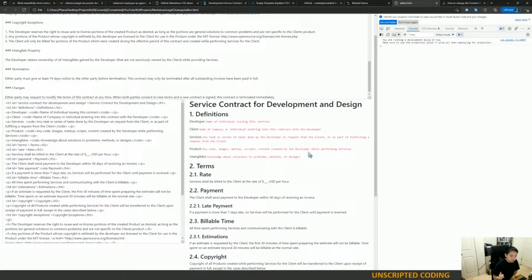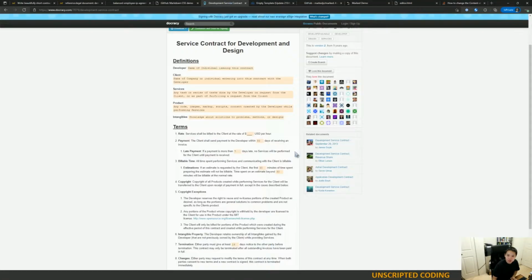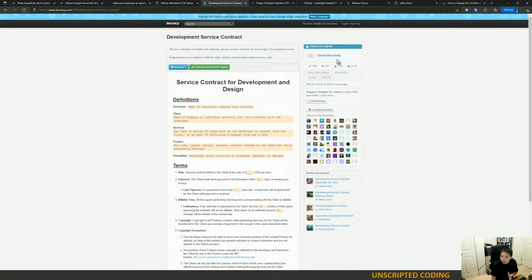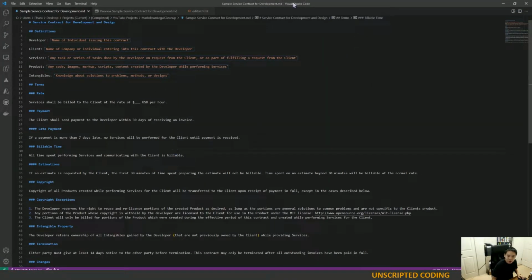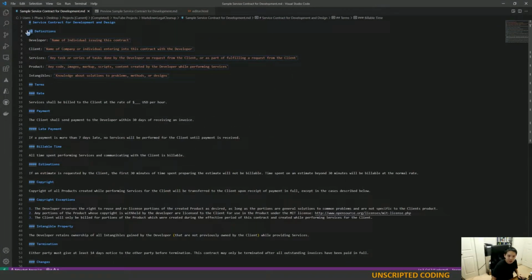But why I needed to start talking again is because this document actually doesn't have any references to itself. So again, I took this from Daniel Beardsley from Docracy. It is available online, and I just quickly copy and pasted and basically put in some hashtags to put the right headers in. But when I was reading this document, I like that it's very simple, but the copyright exceptions, this is an opportunity for me to put a